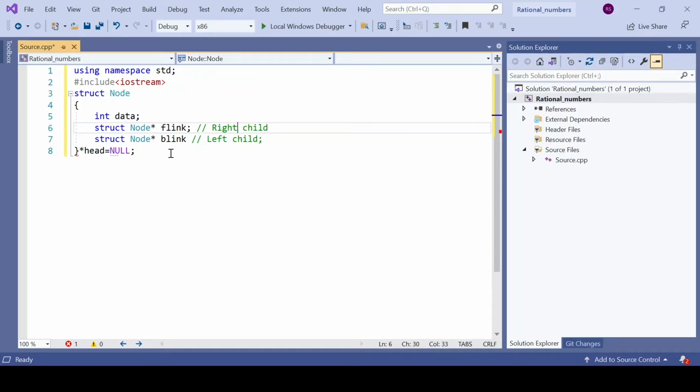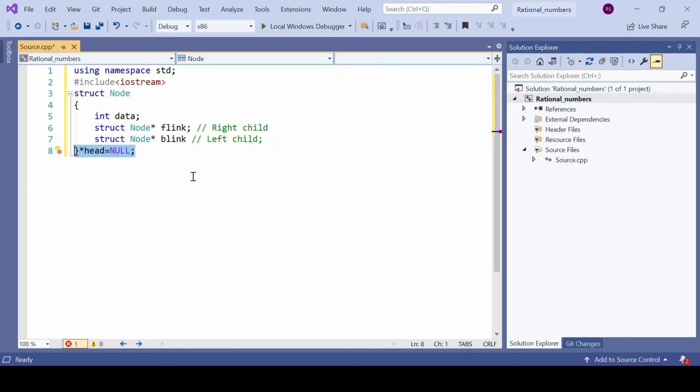The first node is actually the parent or the root, and there won't be any parent for the root node. So we don't need to bother about filling the f-link or b-link for the root node. We just have to assign head to that new node, that's all. And once the root has been inserted, then we have to consider the possibility of left or right.